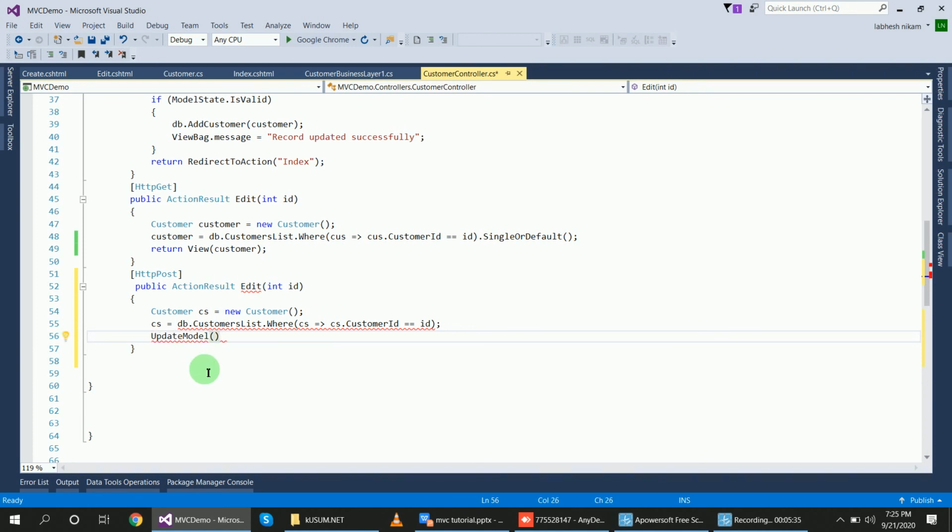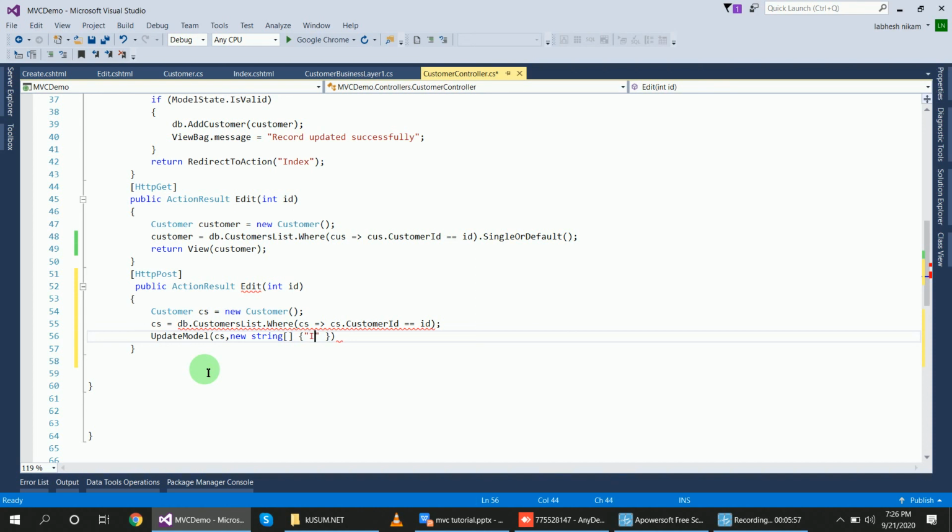Inside of this I will pass my customer object cs and a new string array, I will pass my include properties, like which fields I want to update.